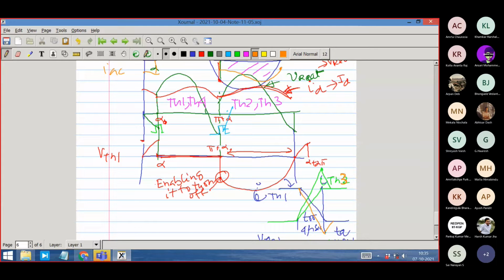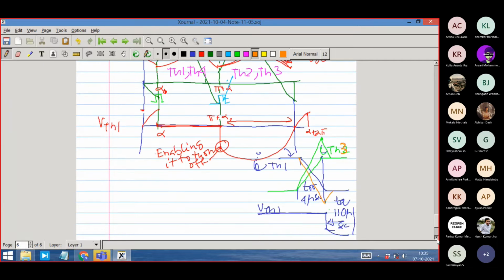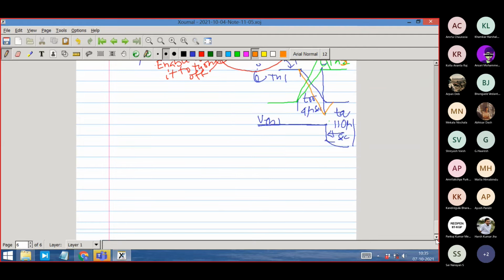When alpha is less than, let us say, 30-40 degrees, and alpha is around 30-40-50-60 degrees, it is not much of a problem. But you think that alpha has gone, I said it can go more than 90 degrees, right? I said that more than 90 degrees, it enters into the rectification in the inversion zone, inverted zone, right? So under that condition, you may see that there is a problem of commutation. The problem of commutation failure may happen. So let's see what happens. Let's draw it and see.